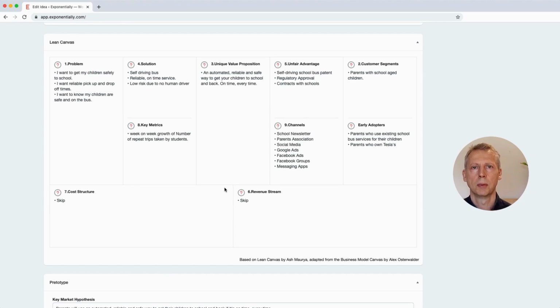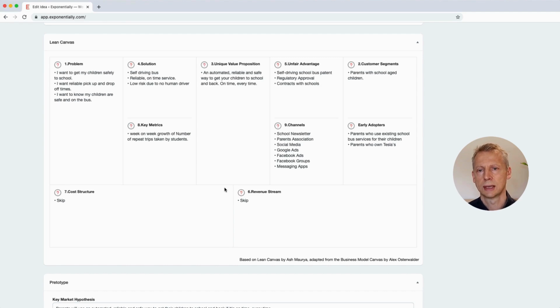So remember, what the unfair advantage is from your perspective as a company or person providing this service. Why would you win if you entered this market? This is the only block where we care about our perspective. The rest is all focused exclusively on what the customer thinks and believes, or what we believe about that customer. We then skip revenue and cost because that's our safe space and we'd be making stuff up. At a later stage, clearly we'd be worried about that, but for now, we just want to figure out, do people even want to use this potential service?